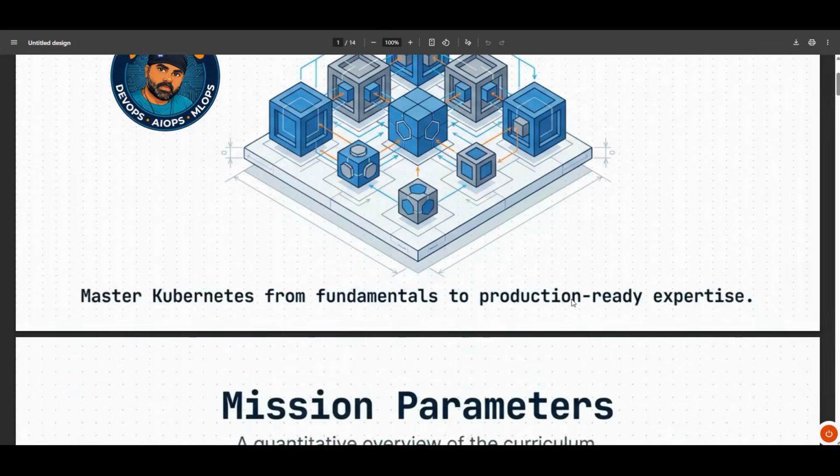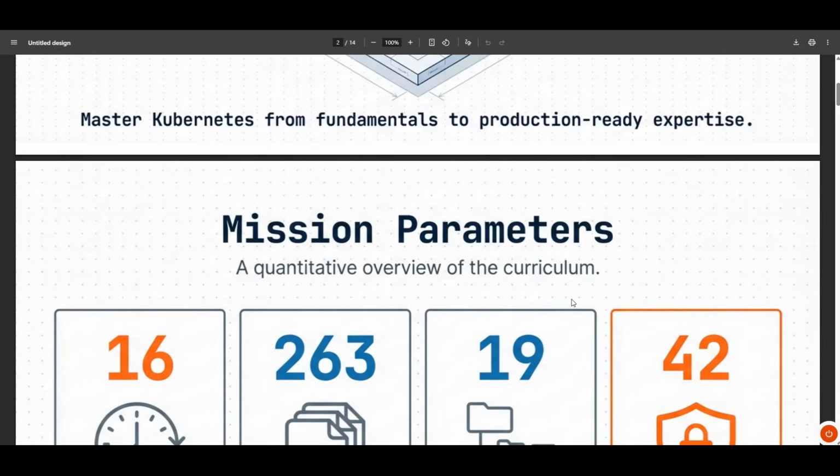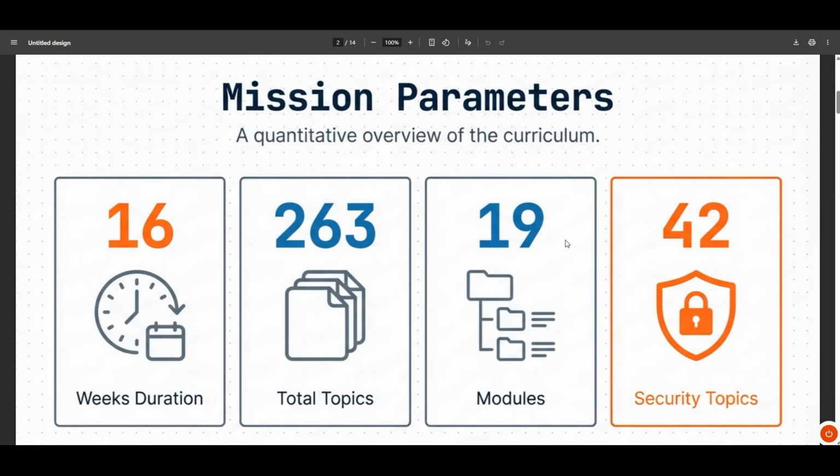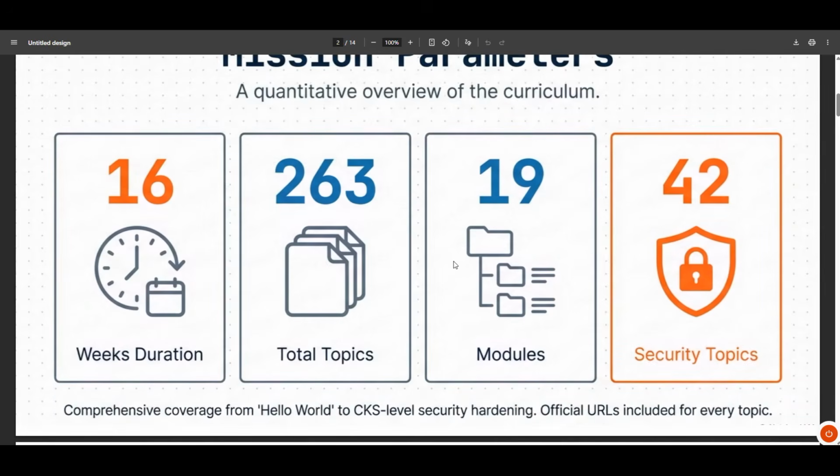So let's move on. I'm going to cover everything in Kubernetes from fundamentals to production, right? There will be no fluff, no nonsense. We'll be talking only about technical things and only hands-on, nothing else. So what exactly are we going to achieve here? This is around 16 weeks duration if we do it on a stretch.